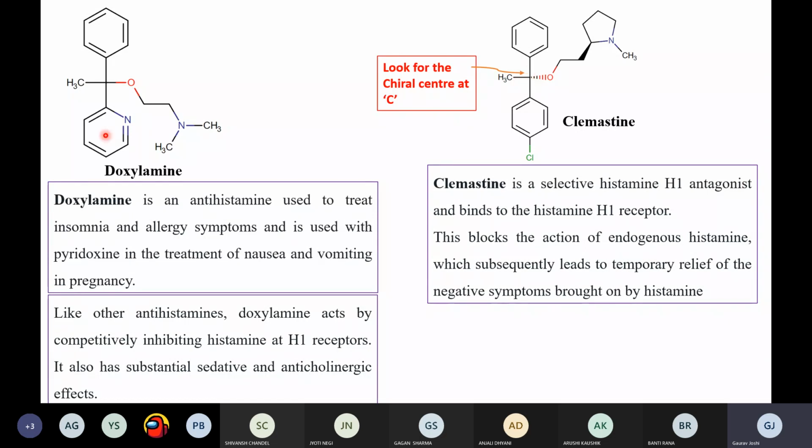Now what is the second thing in this molecule? In this molecule we have a second aromatic group as a pyridyl ring. You can call it pyridine or pyridyl, anything. So basically this is a pyridyl ring, and it is used to improve the selectivity toward the H1 receptors, right?